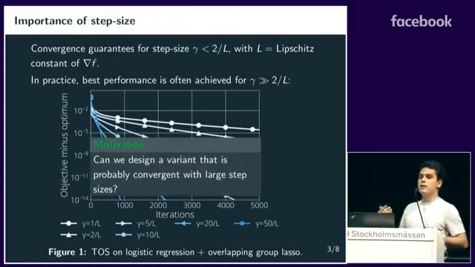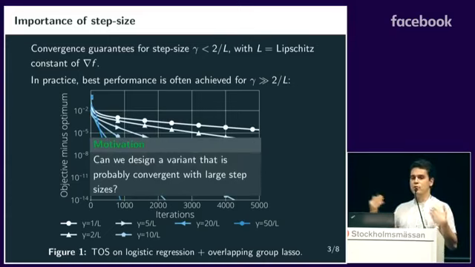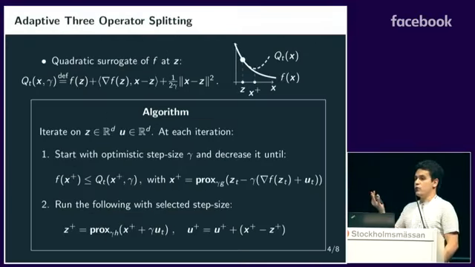So can we reconcile these two worlds? In practice, I can go fast by taking a big step size, but I lose the convergence guarantees. Is it possible to design a method for which I can prove that it converges, but which allows for a large step size? And the answer is yes,